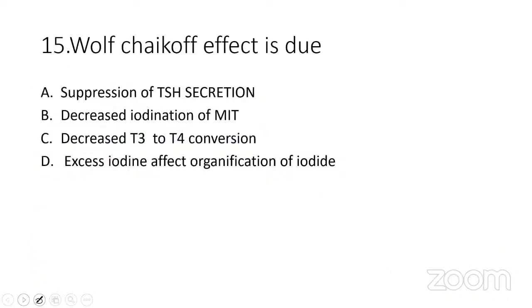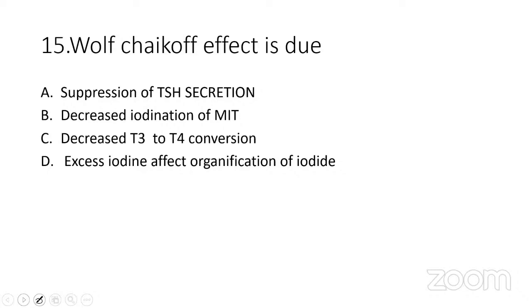Wolff-Chaikoff effect is due to: option A, suppression of TSH secretion; option B, decreased iodinization of monoiodothyronine; option C, decreased T3 to T4 conversion; option D, excess iodine affecting organification of iodide. Here the suppression of TSH action. Here the answer is